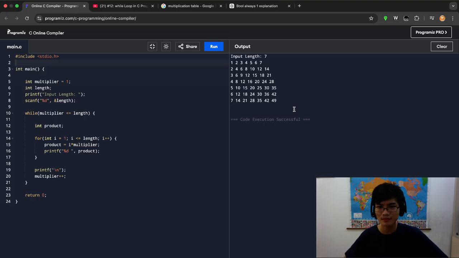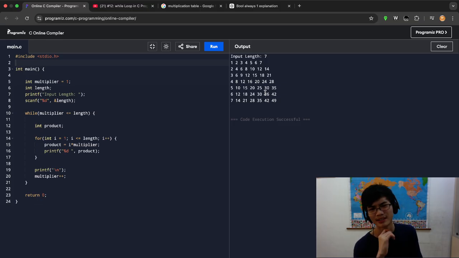And okay, this is quite exciting. So how do I make this look a bit better? Like, can I format this? If it's 2 digits, if it's 2 digits,